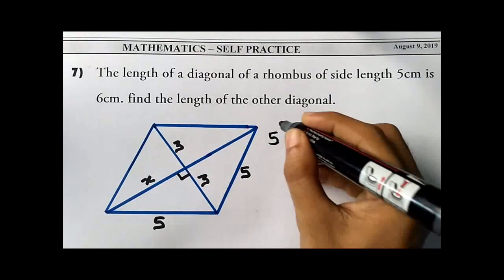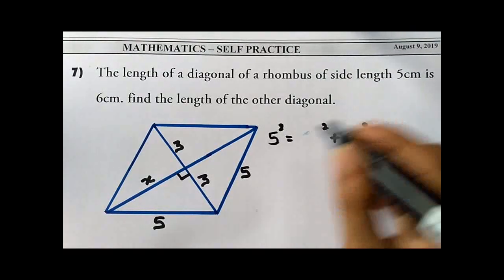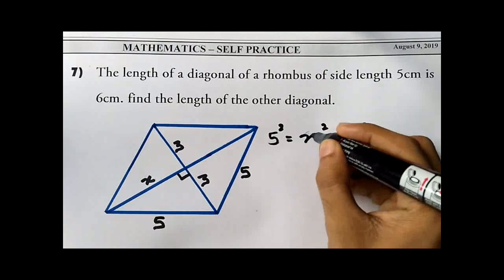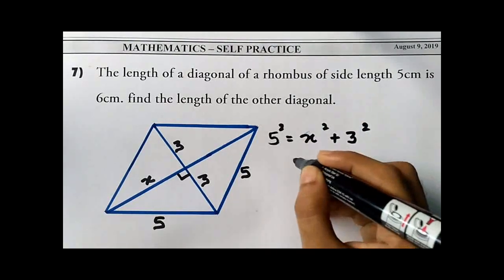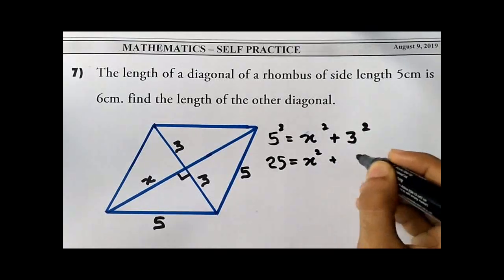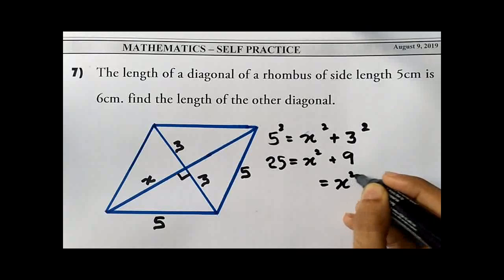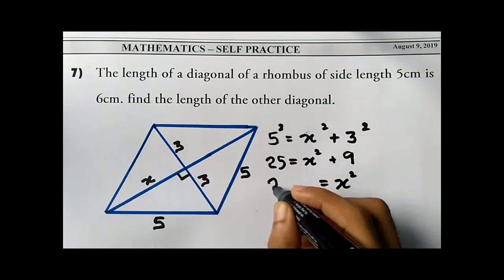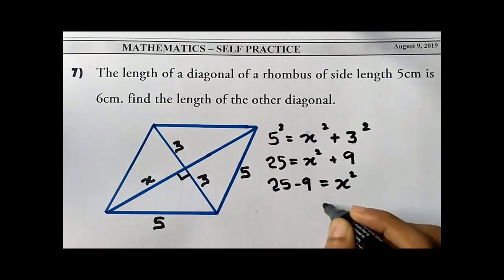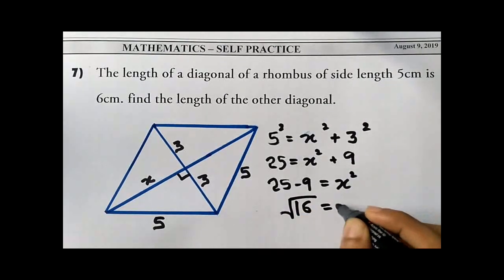So 5 squared is equal to the sum of the squares of the remaining sides. So what are the remaining sides? x and 3. So x squared plus 3 squared. So 5 squared is 25, and x squared, just let it be, and 3 squared is 9. So now to make x squared the subject, it's better to take this plus 9 to the left. So there will be minus 9. So 25 minus 9 is 16, and if we take the square root,